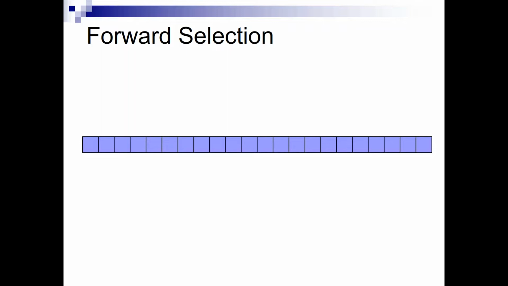So let's say that this set of blue boxes is your starting feature space. Now, they're all light blue, so that means you haven't selected anything yet. So now what you're going to do is test each one of these features, and you're going to see which feature, a singleton subset, is the best performing one. And then you will pick that subset, which is, as I said, a singleton subset.